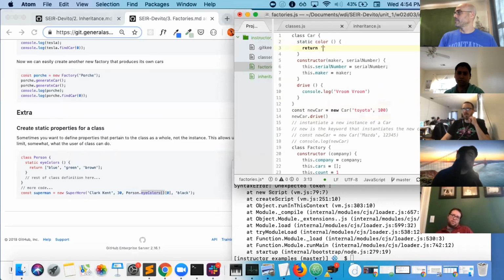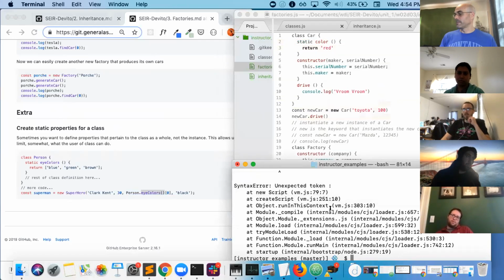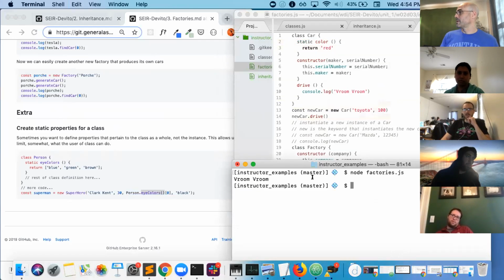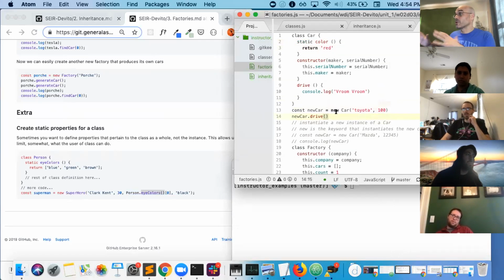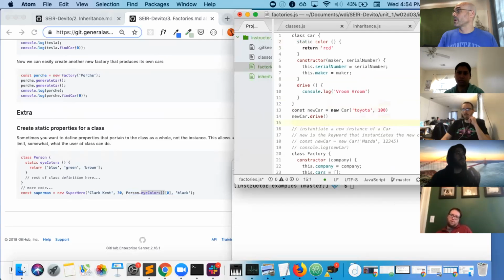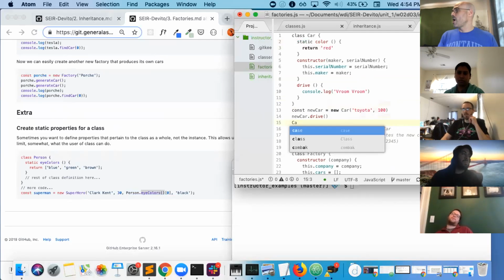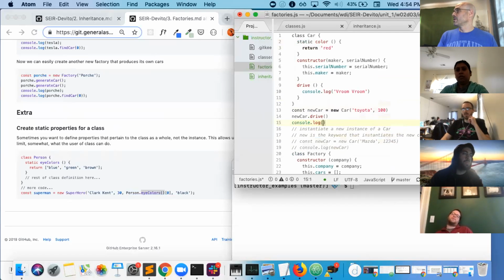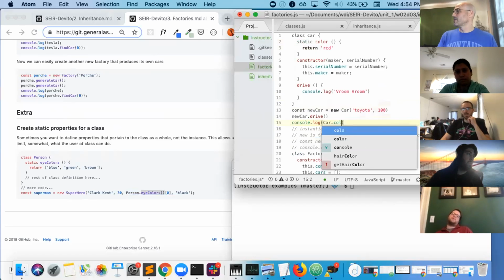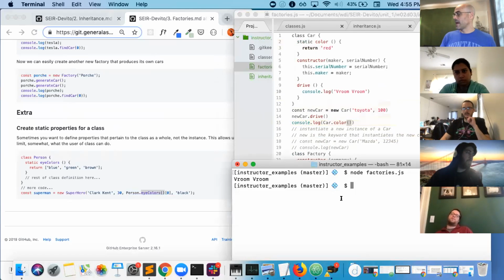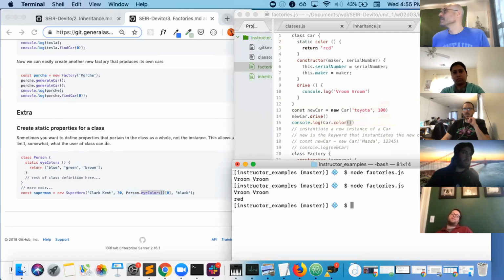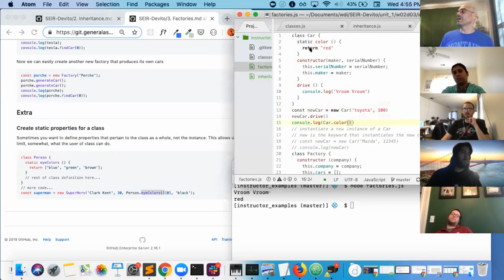Let's just try doing this. Okay, red as a string. Okay, so now I know the thing is working, right? I just want to make sure that nothing's broken. Now I'm going to say console.log Car.color, right? Let's see if we get red. Do you see? Anything that has a static property here allows us to call on the parent